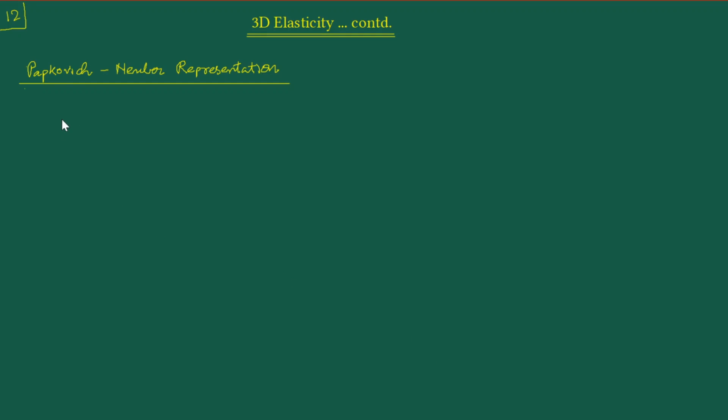Hello everyone. In the previous lectures, we had been discussing various kinds of displacement potentials, namely the Helmholtz displacement potential, the Lame's strain potential, and in the previous lecture, the Galerkin vector potential. And in each of them, we had seen that in order to arrive at a convenient form of the ultimate governing differential equation, which was either in the form of a biharmonic equation or a set of biharmonic equations, or